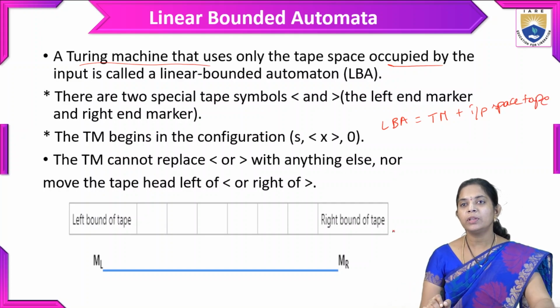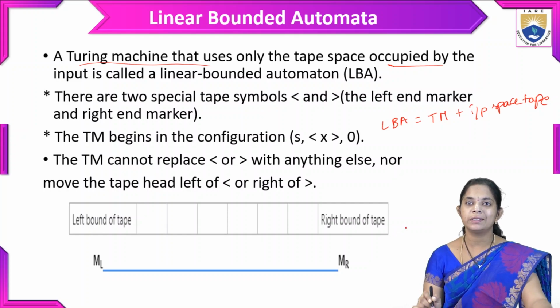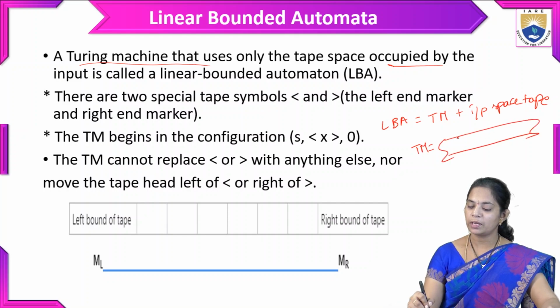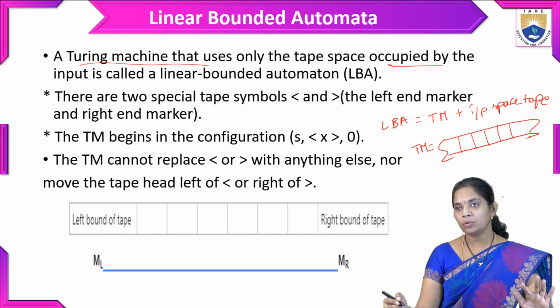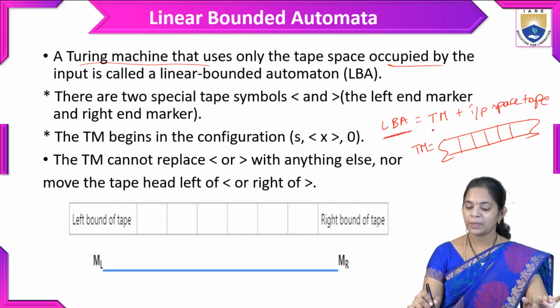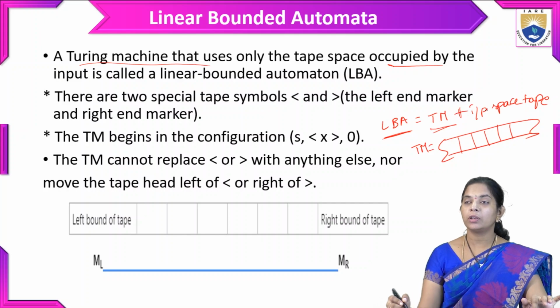So, if you observe the Turing machine, we already discussed the Turing machines in the last videos. How to denote the Turing machine and what the requirements are for a Turing machine, we already discussed. The Turing machine has infinite memory, so an infinite tape length is there. But coming to the linearly bound automata, it's a Turing machine plus